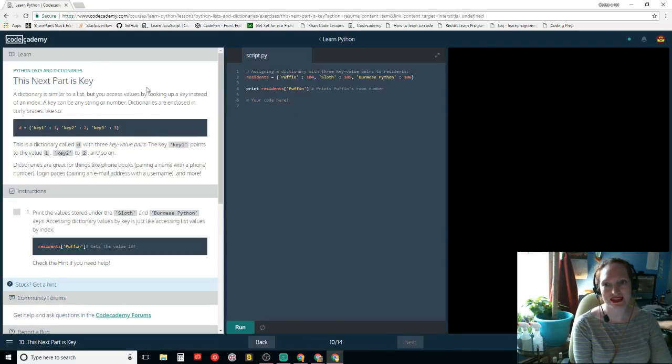This next part is key. Great. Dictionary is similar to a list, but you access values by looking up a key instead of an index. So lists have indexes. Dictionaries have keys.